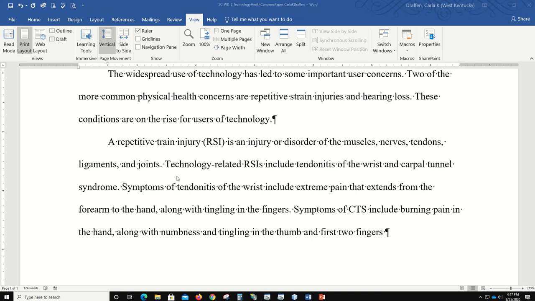Okay, I have begun typing the second paragraph, and when I got to the end of that section,